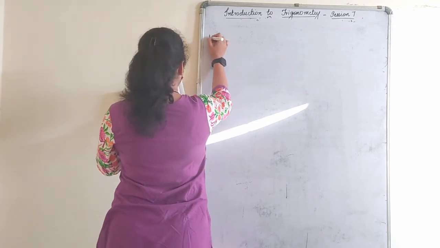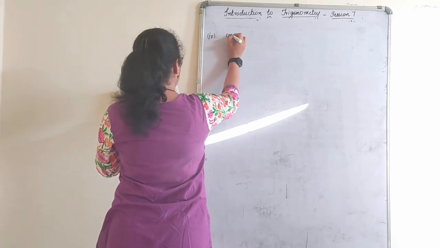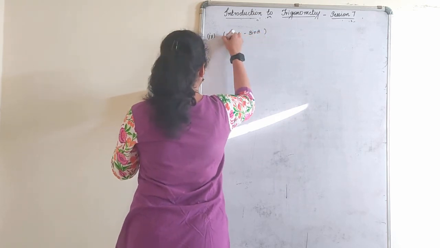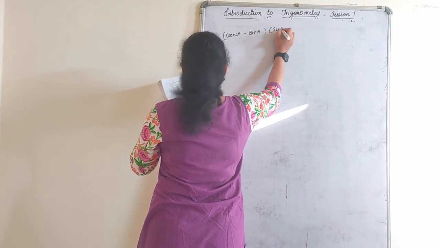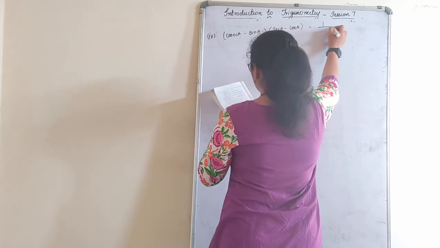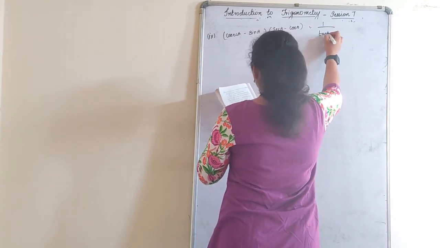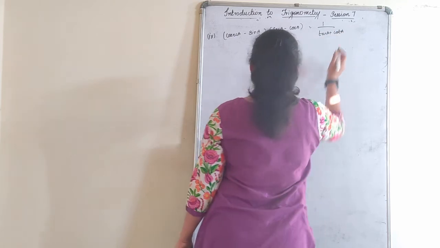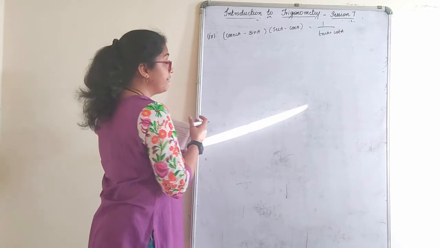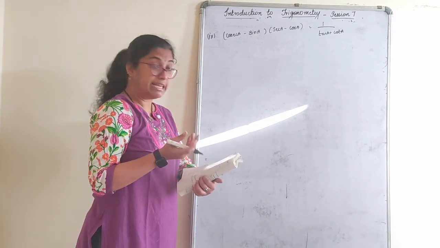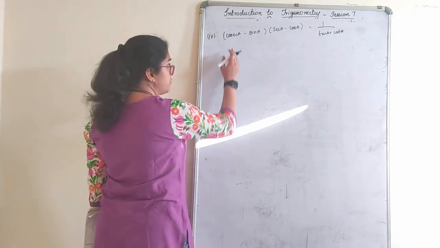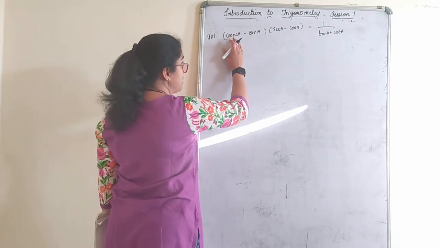Next one, 9th one. Cosec A minus sin A into sec A minus cos A is equal to 1 upon tan A plus cot A. If you see the question, actually this is supposed to be solved by LHS separately and RHS separately. They have already given the simplify hint in the textbook, but from an examination point of view they don't give you that. Binomial by binomial multiplication, first finish that. Instead of converting, first finish multiplication.